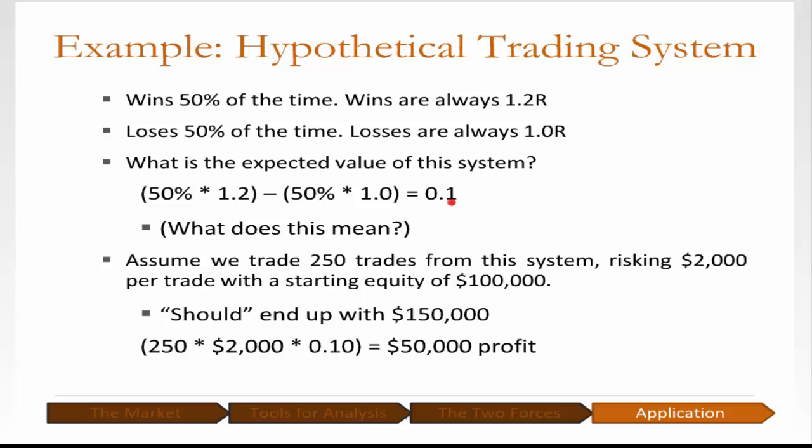And if you walk through the math here, I'm going to walk you through the details, but if we were to do 250 trades, we would expect, risking $2,000 per trade, that we should end up with $50,000 in profit. Now think about that for a moment. $50,000, I almost said give or take, because we know there's going to be some randomness, right? There's a chance you're going to have a lot more winners, a lot more losers. But what does that look like? Well, look at this next slide.